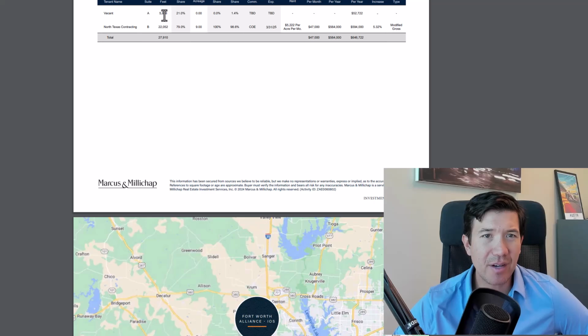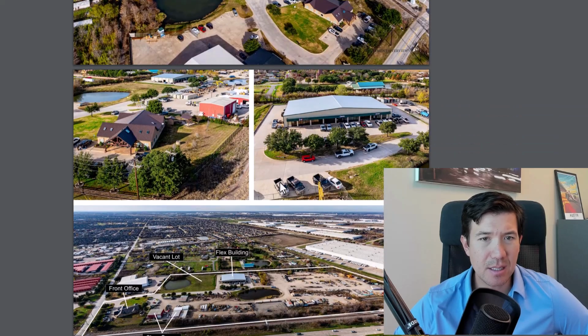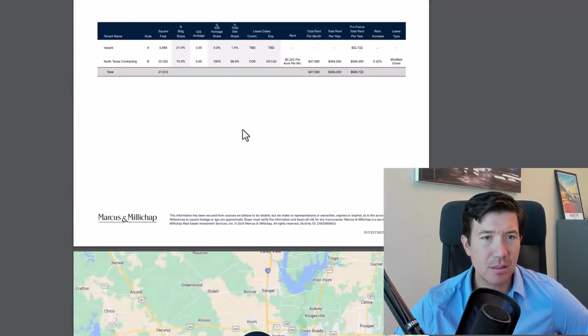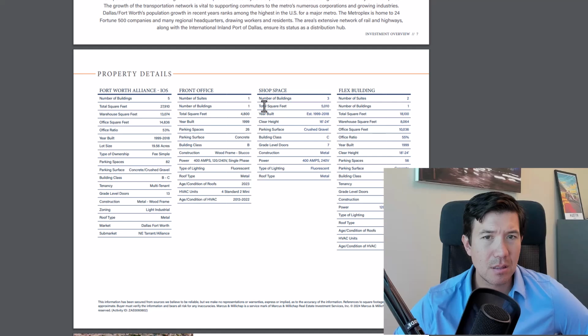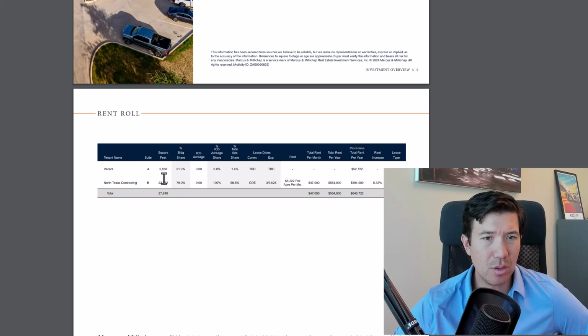Suite A is vacant, 5,000 square feet. I'm not exactly sure what that's included. So it might be this building is vacant and they're leasing this. I'm very curious about that CES because I thought flex building, front office. So we want to find out what's going on with that flex building. Flex building, 18,000. So I was right. That's the CES. But if we don't see their lease in here as a rent roll,